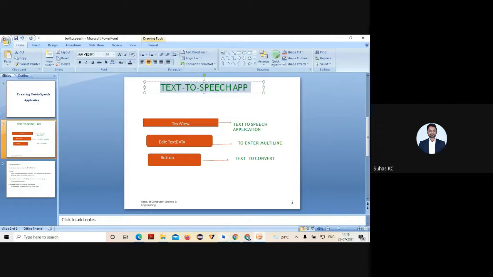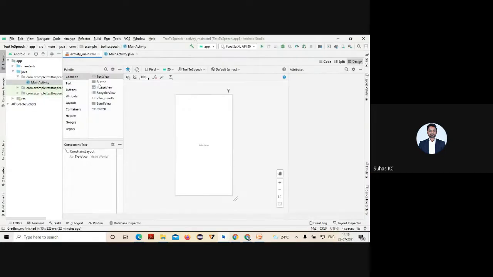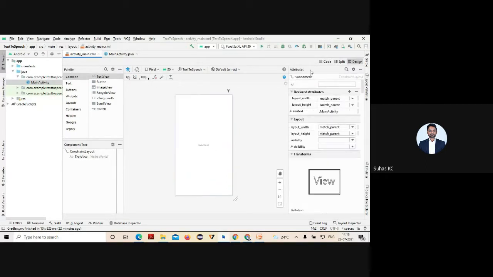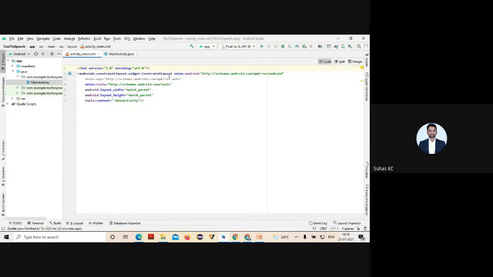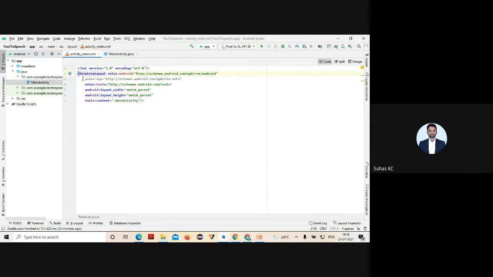So let me go to the design part first. The first thing is the layout has to be changed. For all my programs, what layout am I taking? Relative layout.